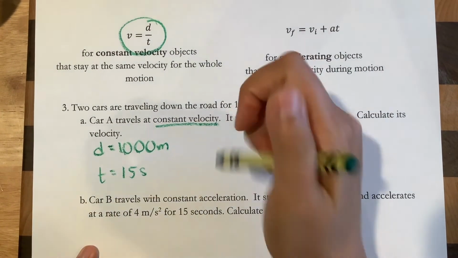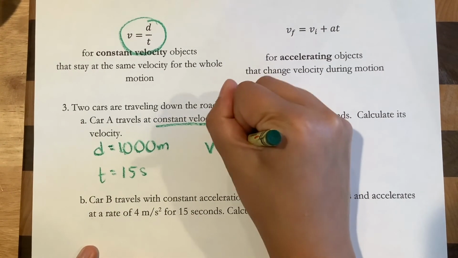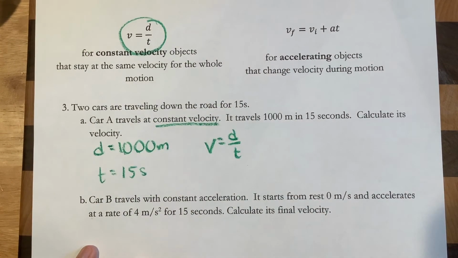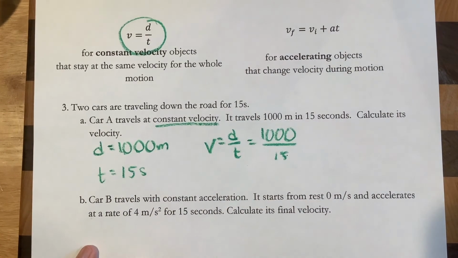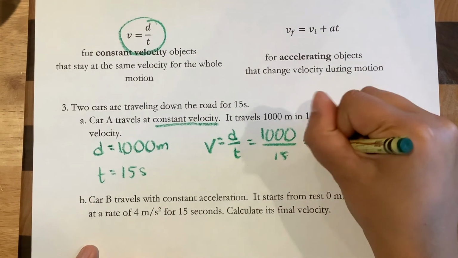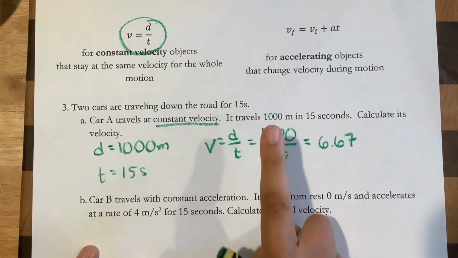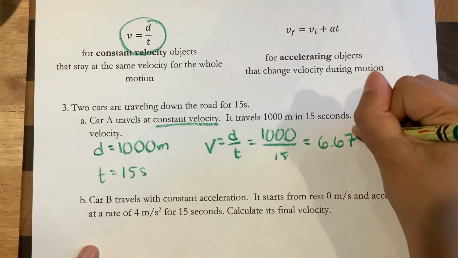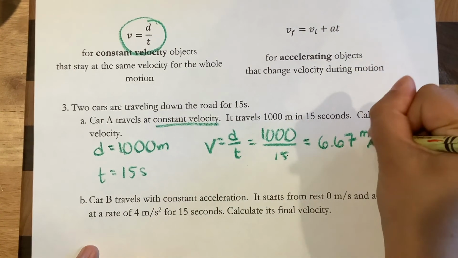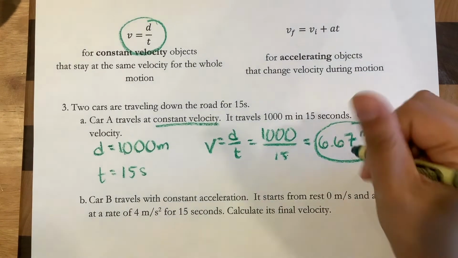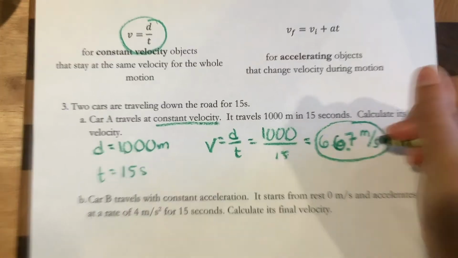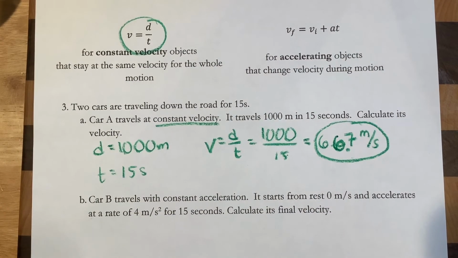So I've got my knowns and unknowns. I've got my equation in the original form. Then I substitute and solve. This ends up being something like 6.67 meters on top, divided by seconds in the denominator, about 66.7 meters per second, which is, by the way, really, really fast. Car